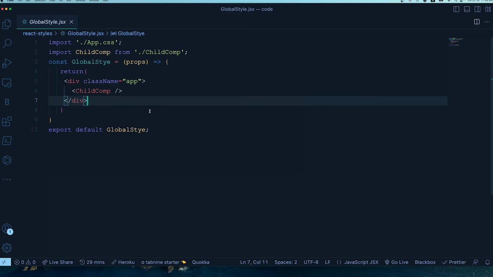Also, you have a better approach than your inline styles. It means that you have one place where you are managing all your styles. You can write the CSS variables, you can write all your selectors, pseudo classes, keyframes, media queries. So all the limitations that you had with the inline styles, you have actually gone past those limitations with this approach, which is great.